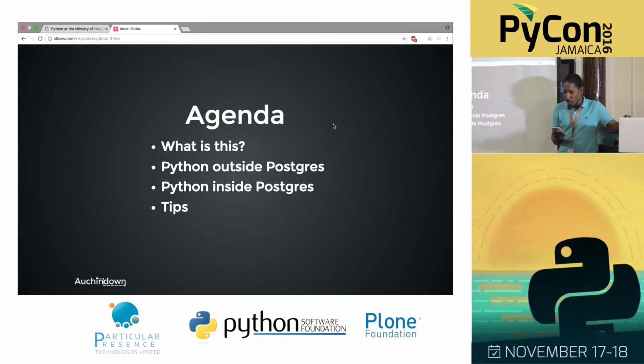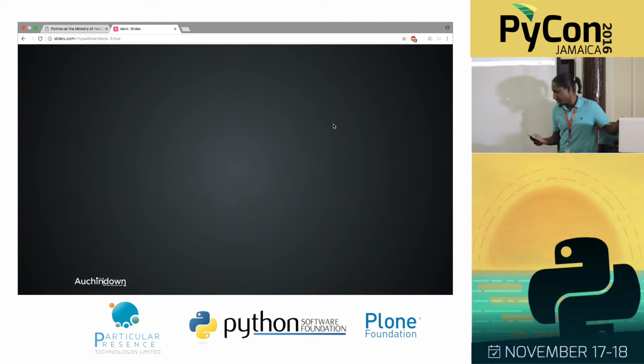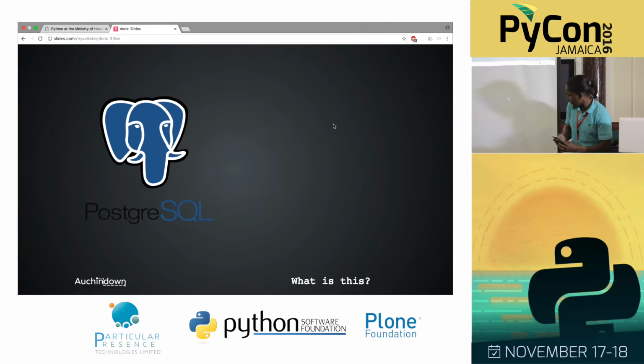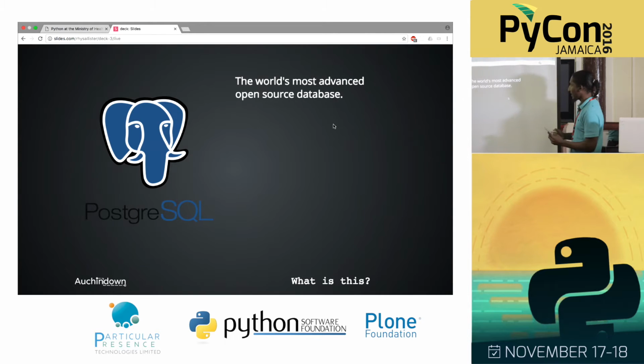All right, so what is Postgresql? Postgresql bills itself as the world's most advanced open source database, which I believe is a very true statement. So what does that mean? It's a database, like it stores data, clearly, but it's more advanced. It has many